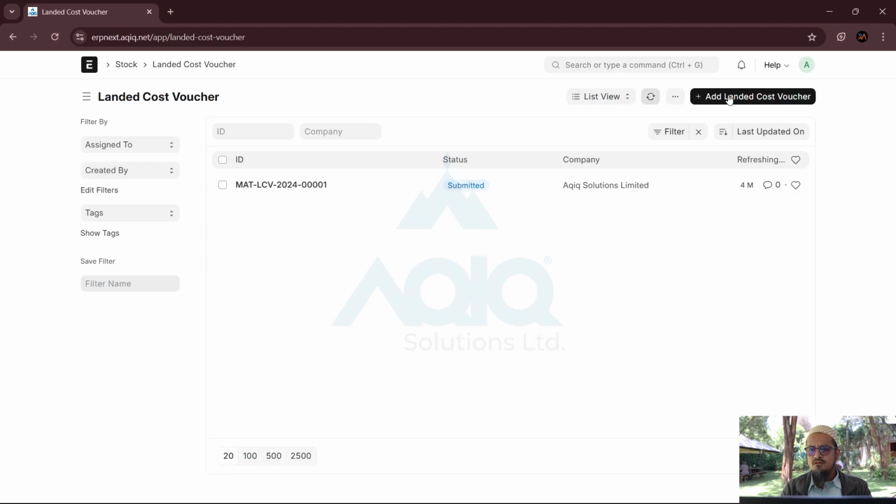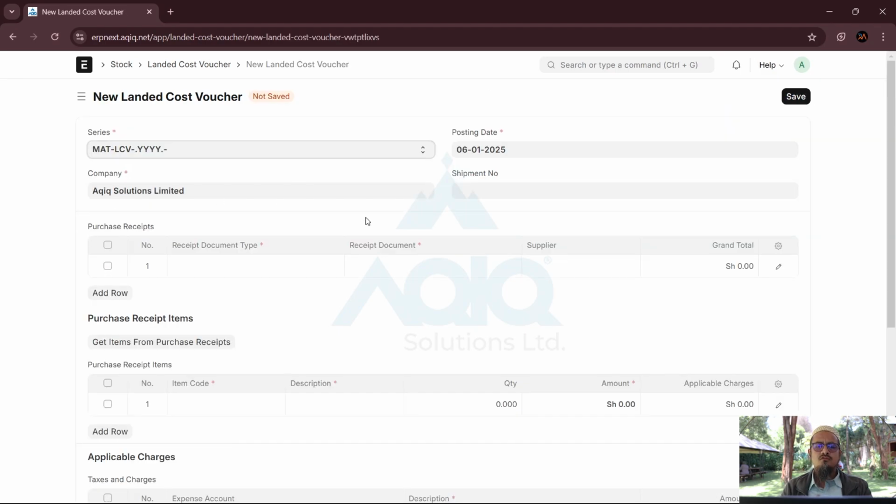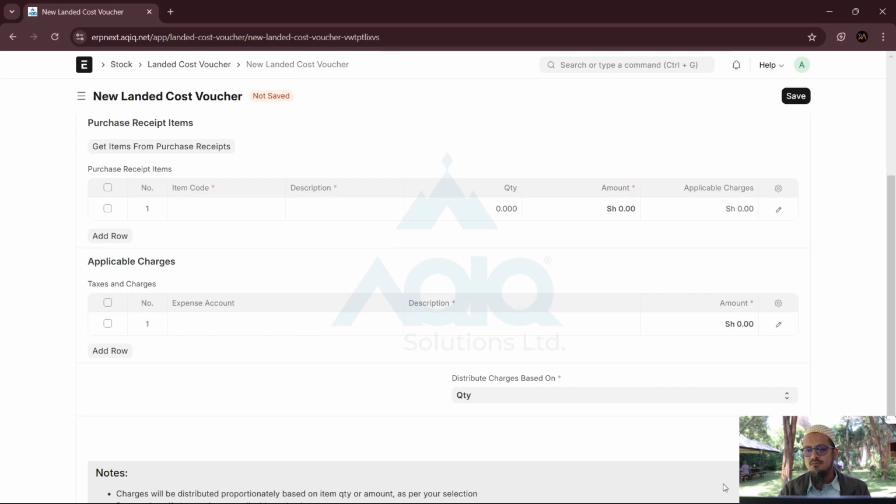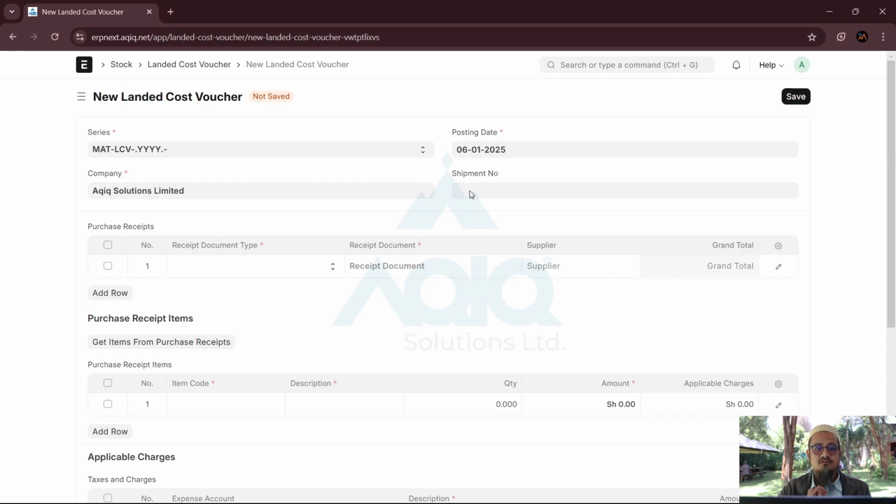when you create a landed cost voucher, you see that in the default features of ERPNext, the shipment number was not there. So what was happening is that I had to go and select the document from here. I had to remember which document first of all, and then also remember all the expenses that were paid for that particular shipment. But here, what we did is tag everything with the shipment number. This is a development that Aqiq solution has done,